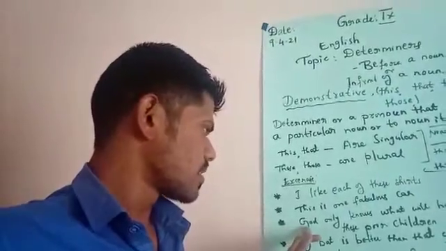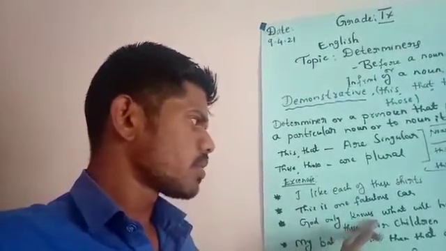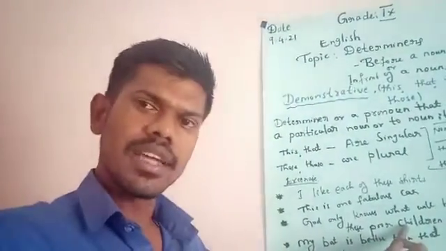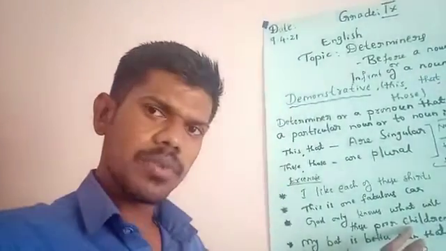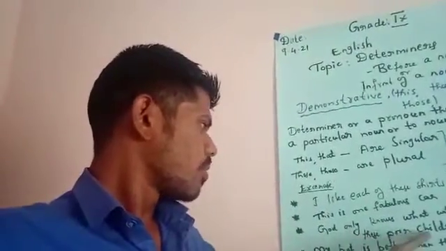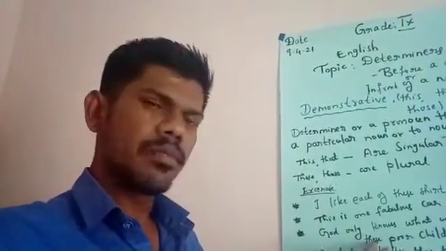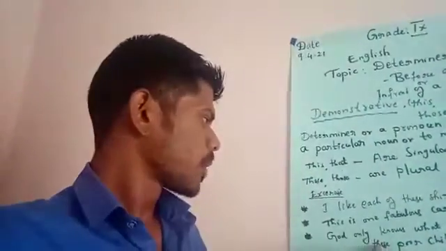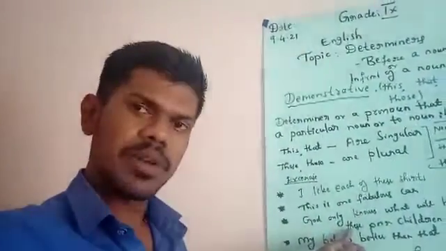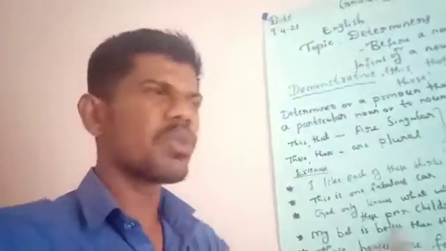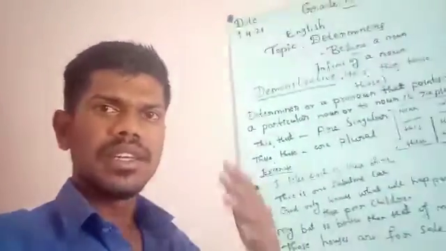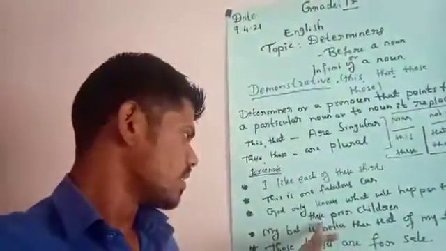Next, the third sentence: God only knows what will happen to these poor children. Here, child is singular. For child, the plural form is children. And when I want to talk about these children, I use these because the noun is plural. You may be wondering why can't you use those? I used these because I'm talking about the children who are with us, who are near to us. That means they are not far, they are not in a strange place. Instead, they are near to us, so I use these.